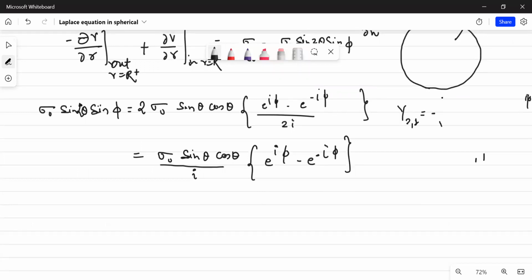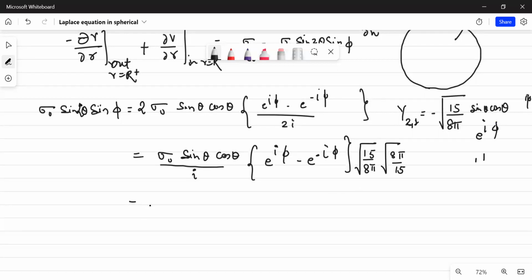Y21 would be minus root over 15 upon 8 pi, and I think there is sin theta, and then there will be some cos theta, and then there will be e to the power iota phi. Okay, so I think if I just multiply it, like Y21, I will multiply it with 15 upon 8 pi, and again multiply it with root over 8 pi upon 15. So I will simply write it as root over 8 pi upon 15 sigma naught upon iota, and then there will be this term, so you just multiply it inside. So root over 15 upon 8 pi, if I multiply inside, so what I will get,